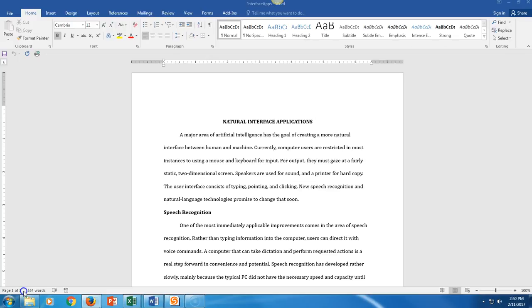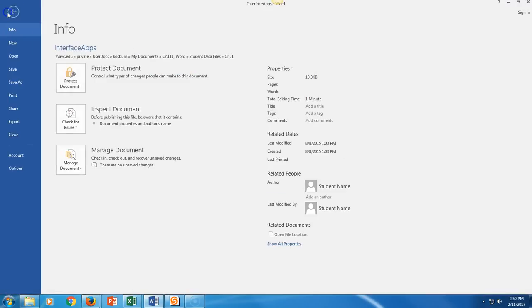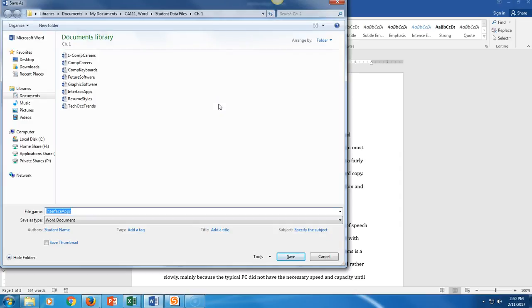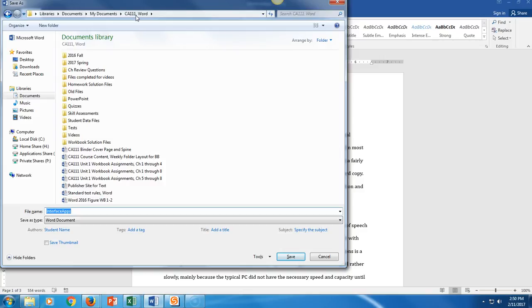Okay, so go to your flash drive and open interface.apps, okay? Now, save the document with the name one-interface.apps. So, in order to do a Save As, you can go File, and then Save As, okay? Or you can just press your F12 key. When you press your F12 key, it gives you the ability to just really quickly go to your Save As dialog box. Then all you need to do is navigate to the right place on your flash drive,